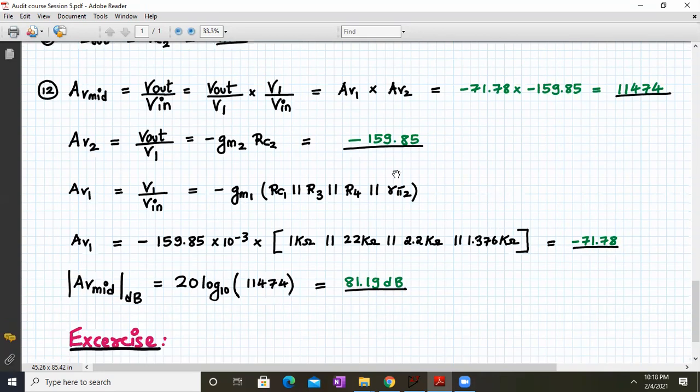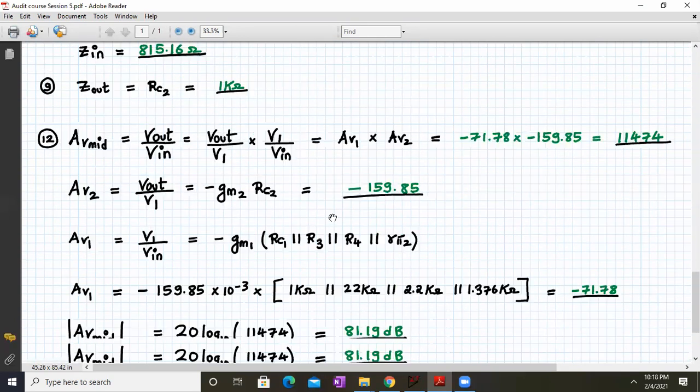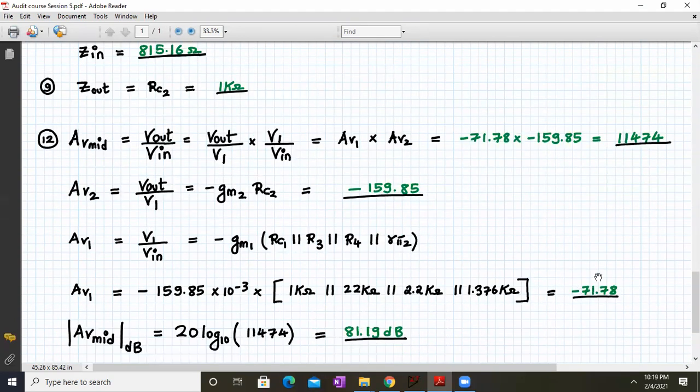Although both the stages, the first stage and the second stage, have similar resistor values, their gains are not similar. And why is it so? As you can see, the gain of the first stage is a little bit lower than the gain of the second stage.